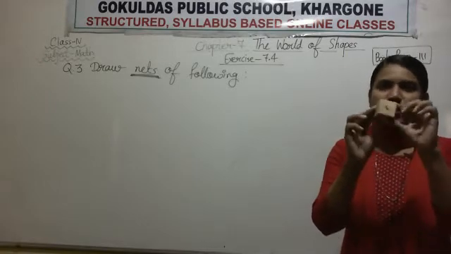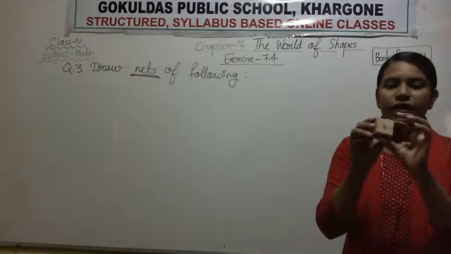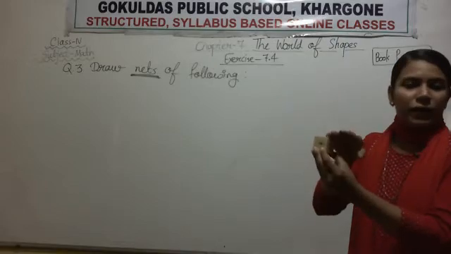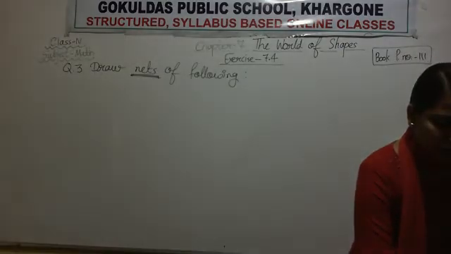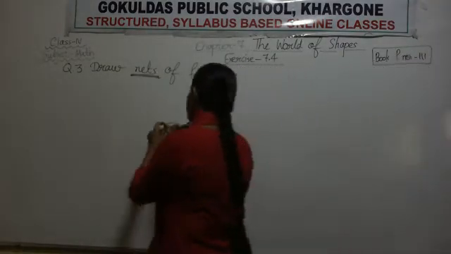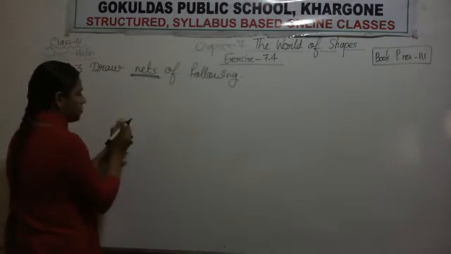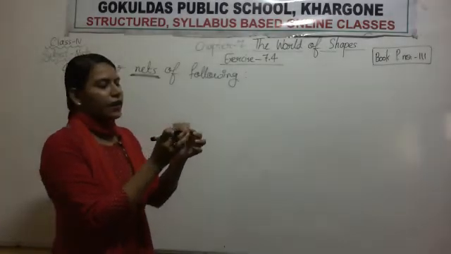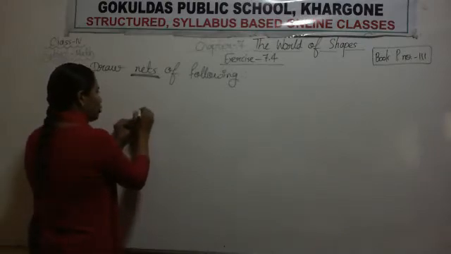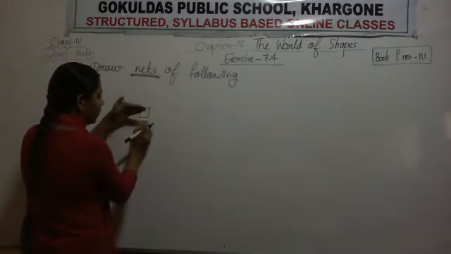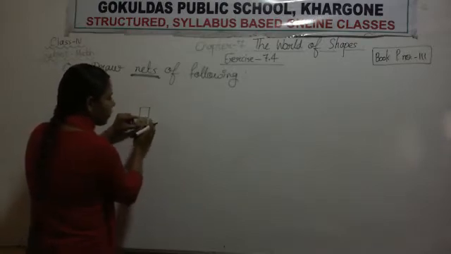This cube is a solid object, solid shape. If I cut it down and open all its sides, all its faces, all the flat shapes I get is known as net. This cube has 6 sides, right? If I open the top side of the cube, it will be like this. If I open bottom side, it will be like this. If I open this side,